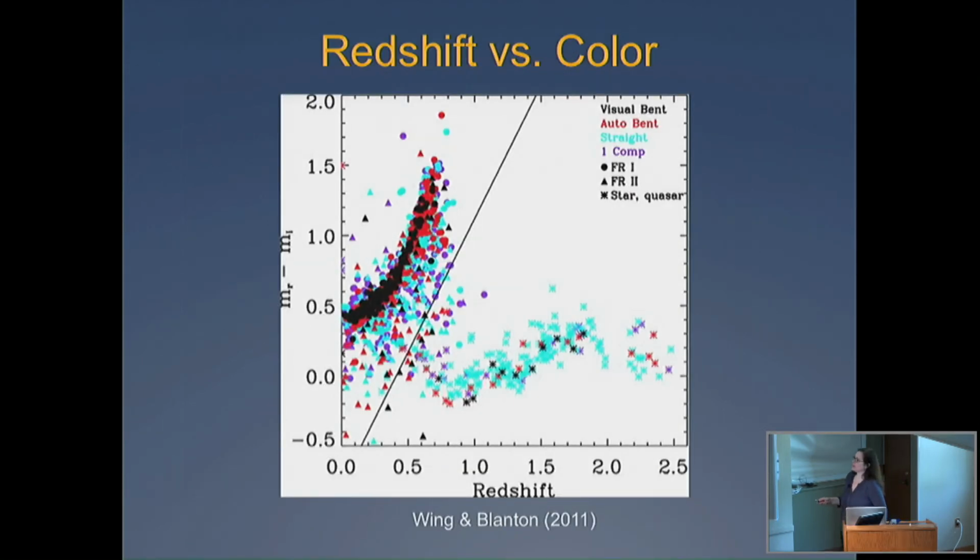We can further break down sources that are more quasar-like versus just elliptical galaxy-like. So this is color, magnitude of R minus I versus redshift. The quasar objects are going to be bluer. The elliptical galaxy-dominated objects are going to be redder. So in this work, we just drew a line here and looked at the environments of the radio galaxies, the elliptical galaxy hosts, and didn't go into the environments of the quasars in this work. And for the most part, in the Sloan survey, we wouldn't be able to probe out here anyway because it's not deep enough.